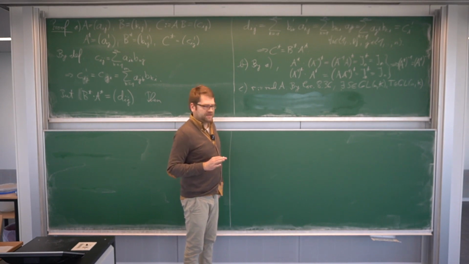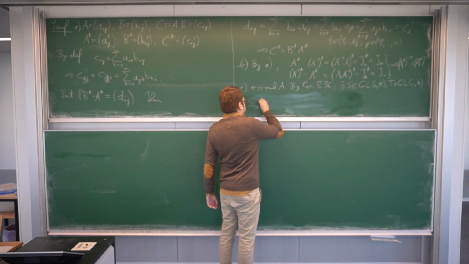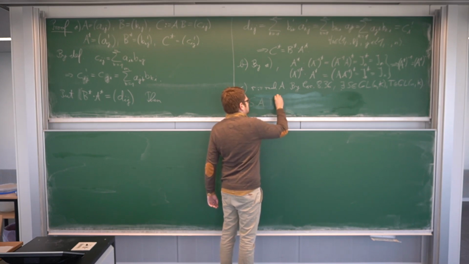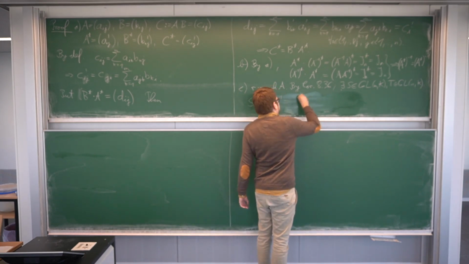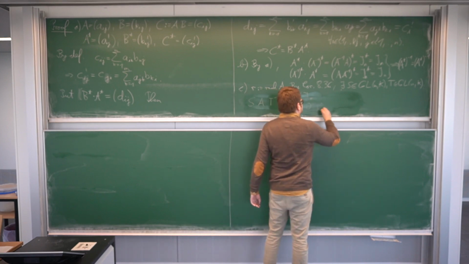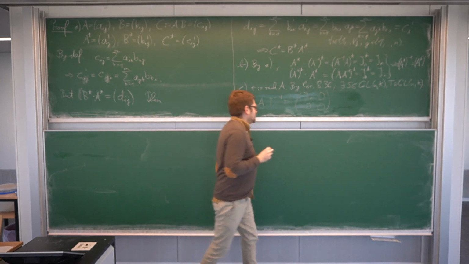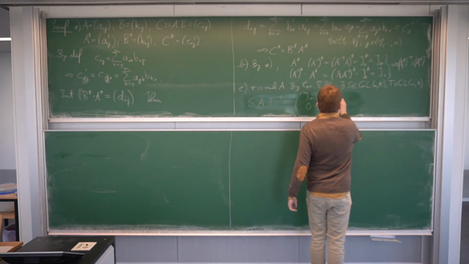sorry, I made a little mistake. So there are S and T such that A times S times T to the minus 1 has as a block matrix this nice form, that in the top left corner we have the identity matrix and the rest is filled up by zeros. So this form. But now if we take the transpose on both sides of the equation,